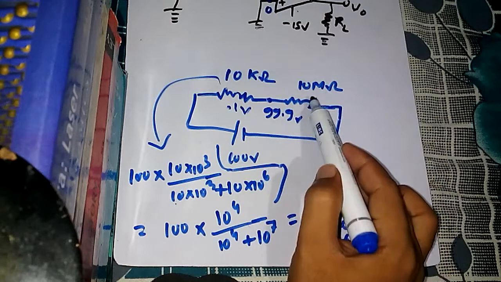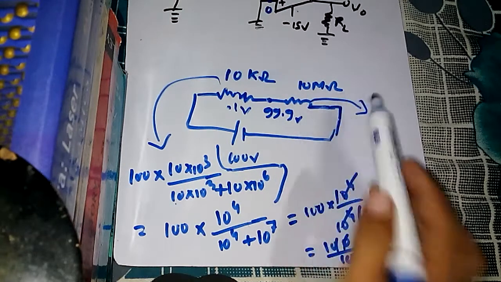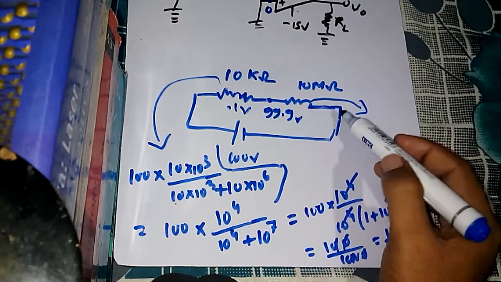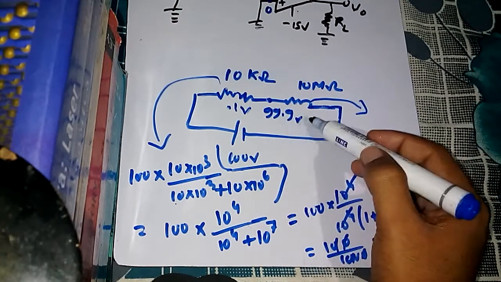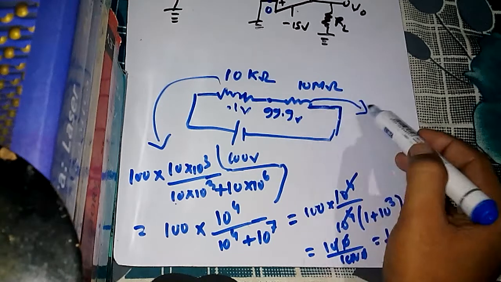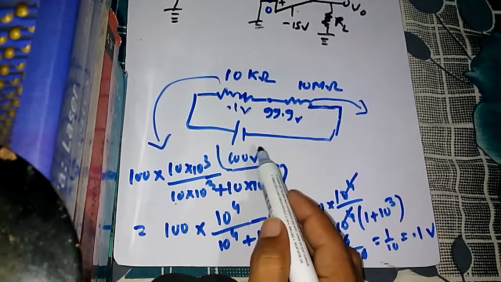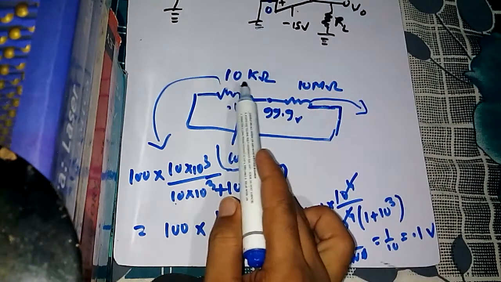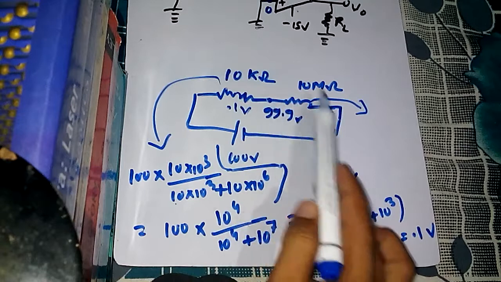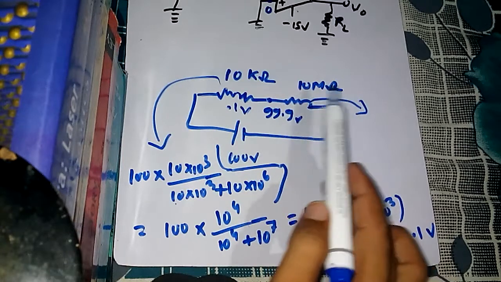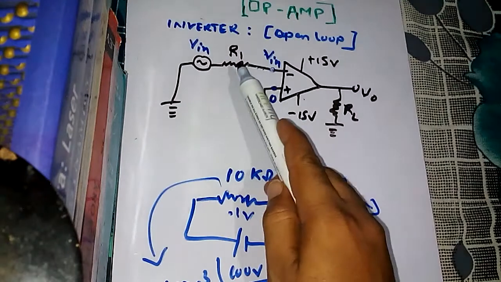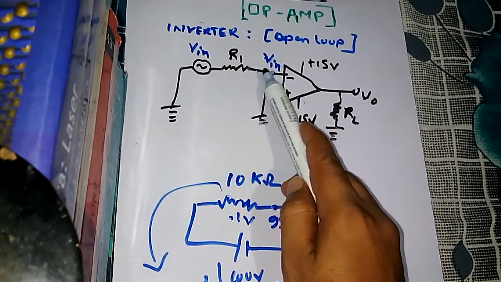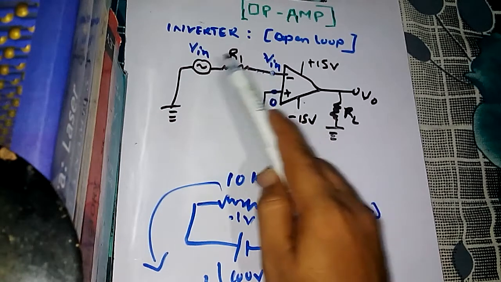Now the maximum voltage will drop across this resistance, and we will find that 99.9 volt is the answer, because the whole 100 volt should drop across the whole resistance. If only this much has dropped across this resistance, then the rest must drop across this. So across this resistance a very little voltage will drop, and what will be left is just equivalent to the input